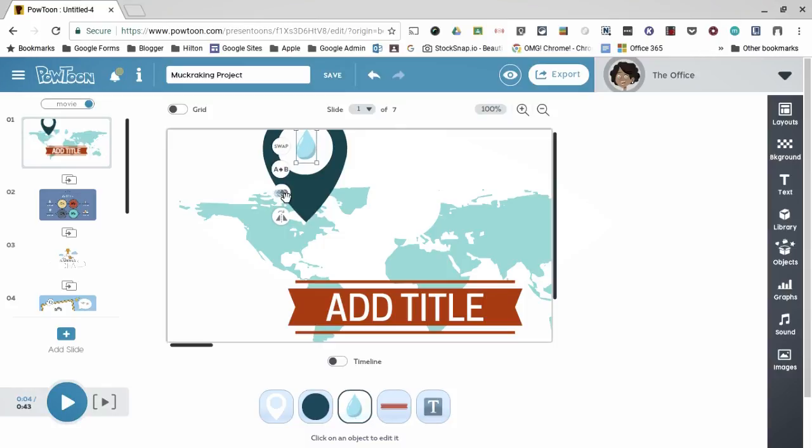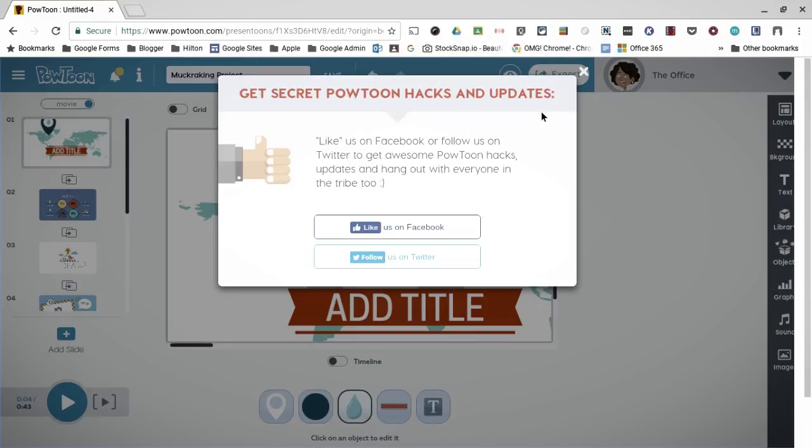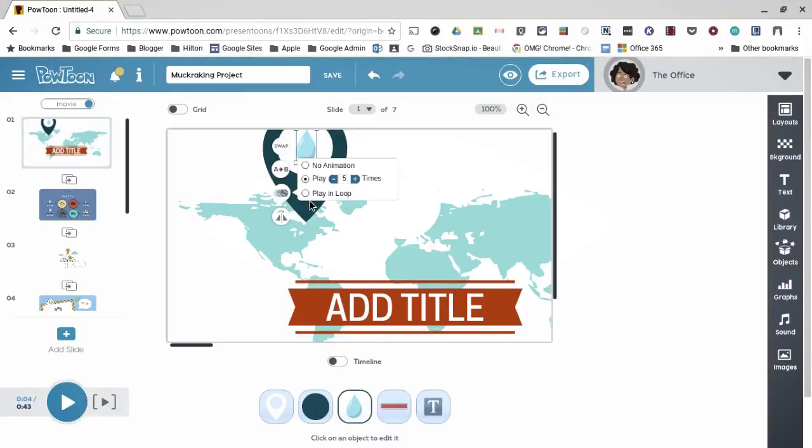Now I can swap my color. I can change my color, and because this is an animated piece, it's not looking very animated right now, but it is animated. I can adjust my animated settings. You could say play in a loop. If we say play in a loop, it won't limit the number of times it plays, so it'll just keep playing. You see it moving, bobbing and weaving. So let's see